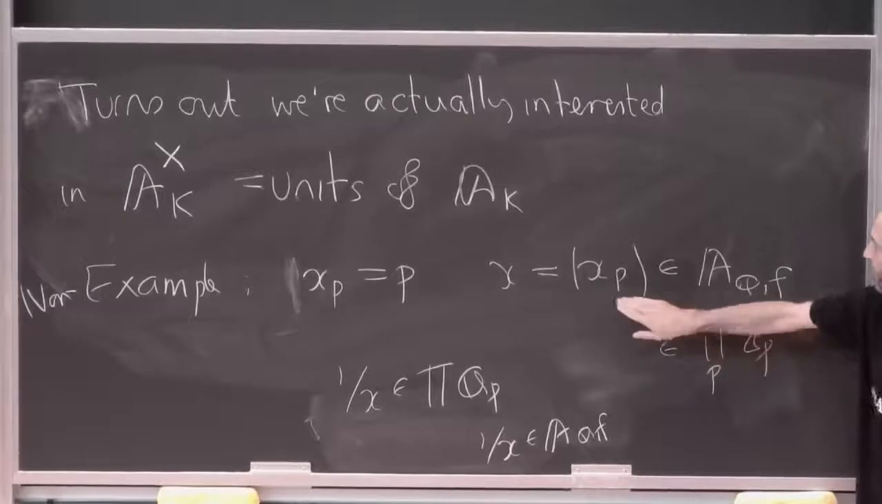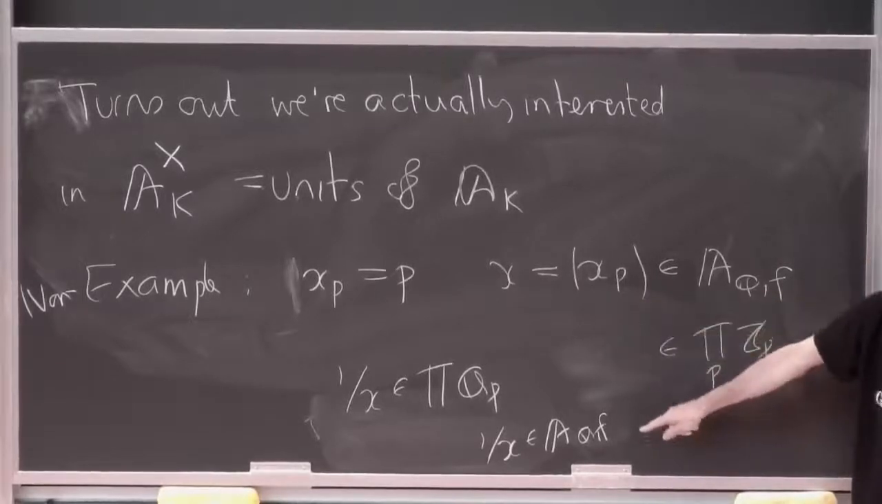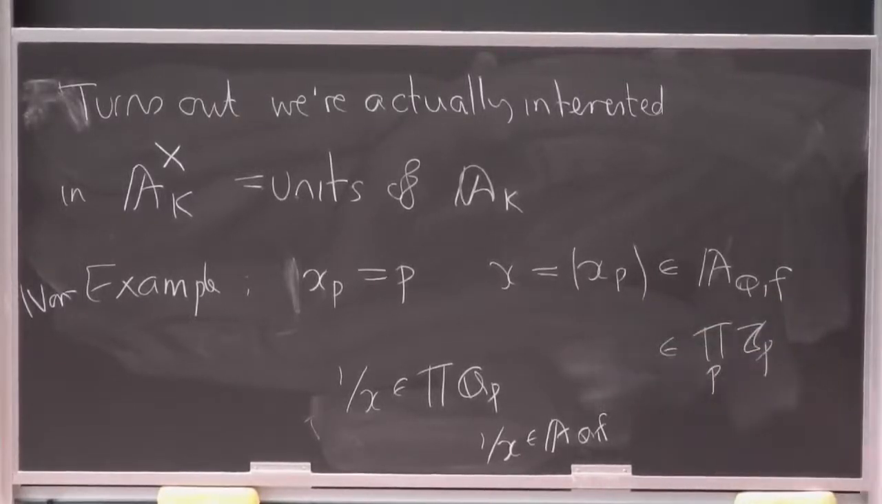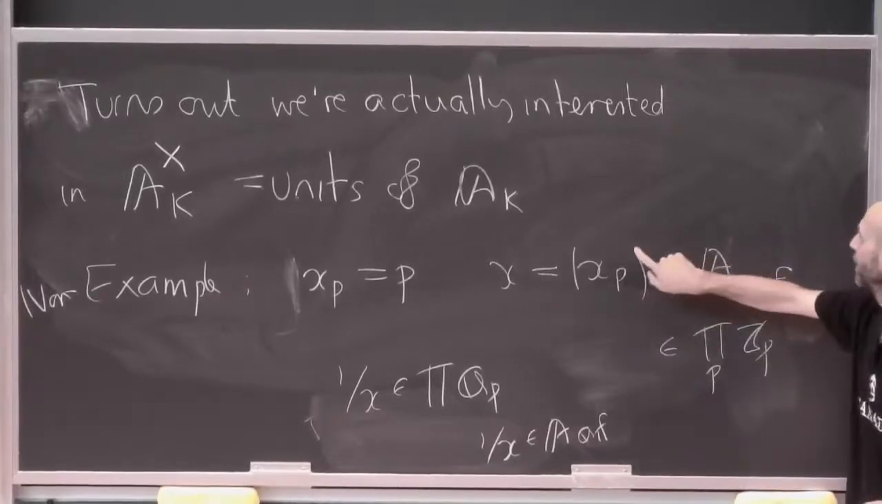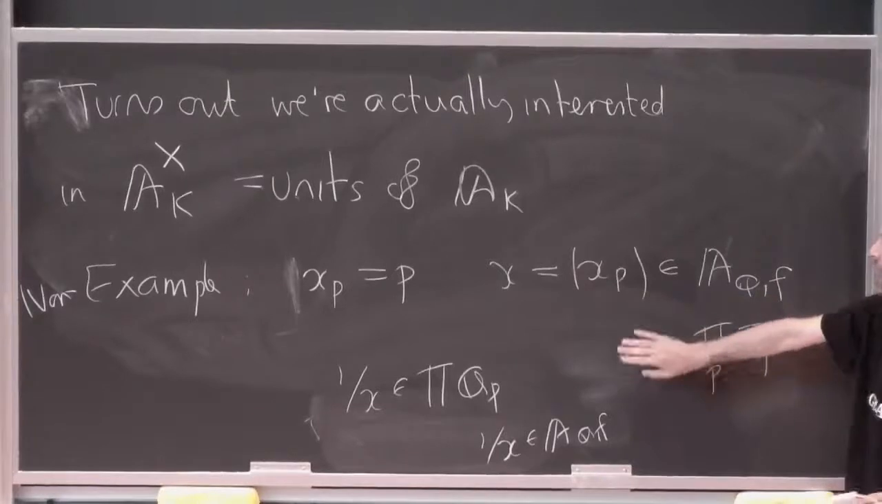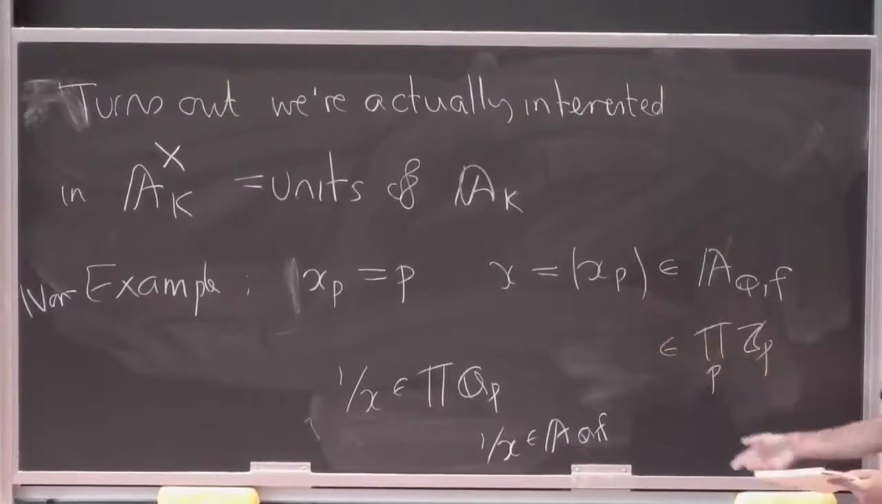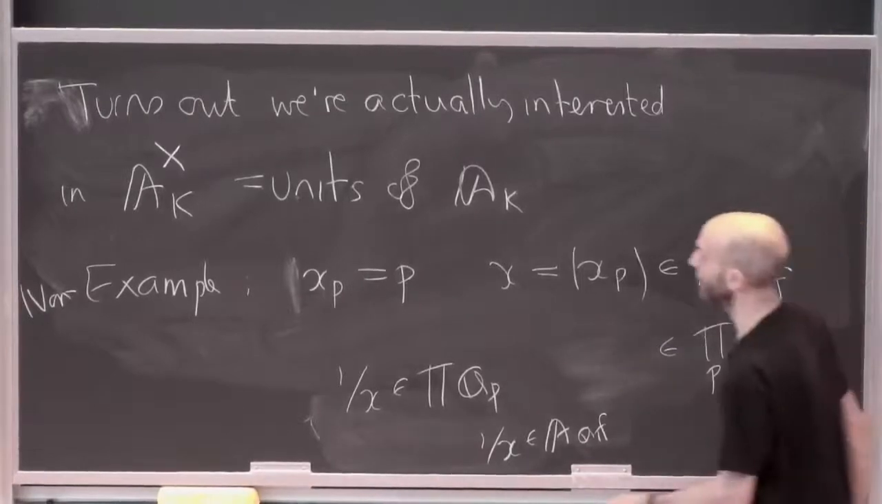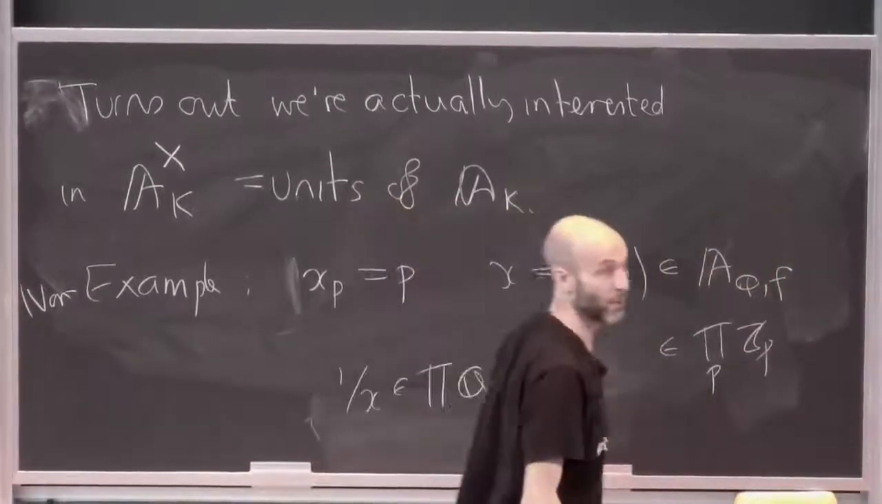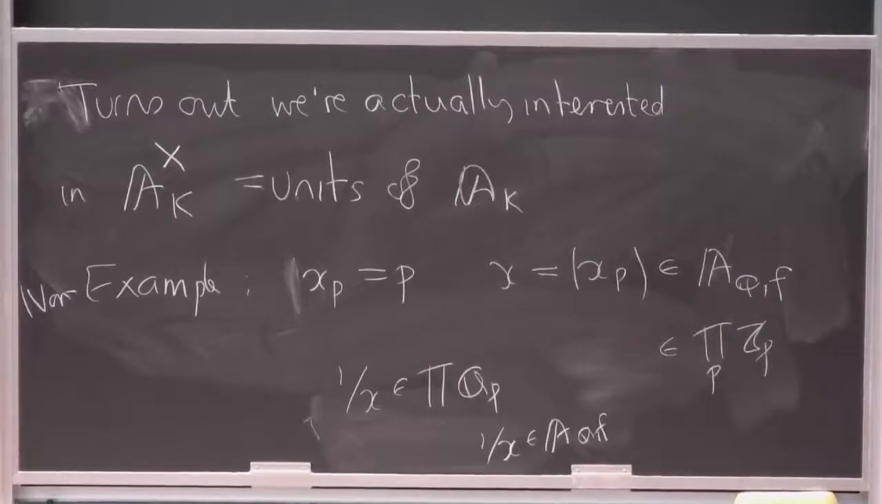There's something, right? All the xp's are non-zero here, but the reciprocal still doesn't work because I have problems at infinitely many primes. So I better make sure that not only the xp is non-zero, but that their reciprocals are in Zp for all but finitely many p. So for all but finitely many p, I want xp to be in Zp, and I want the reciprocal of xp to be in Zp, which means I want xp to be in Zp star. Okay, so not so hard to check